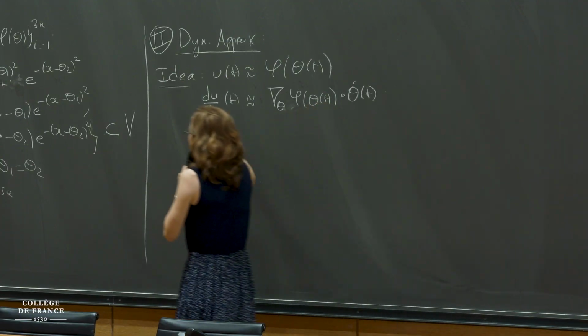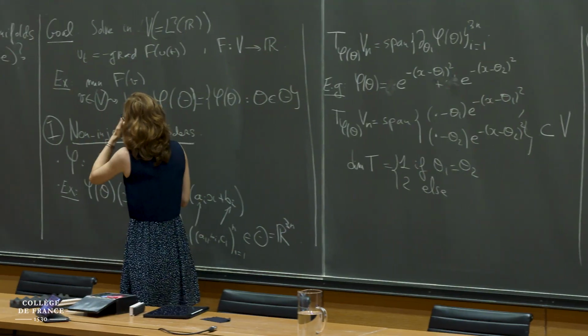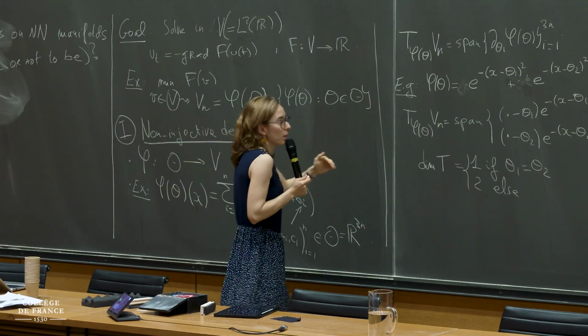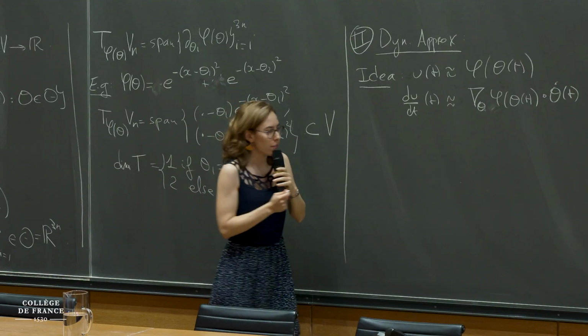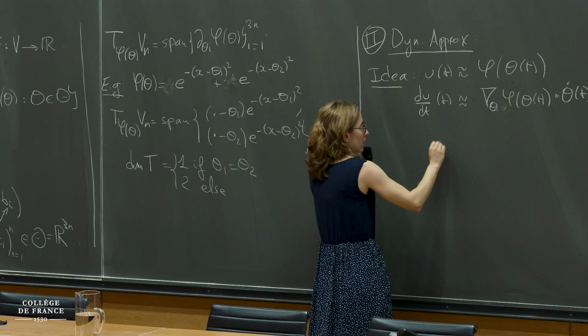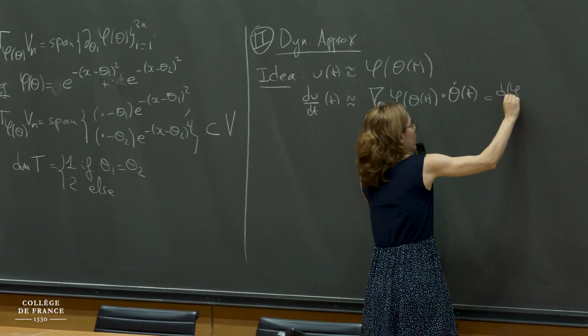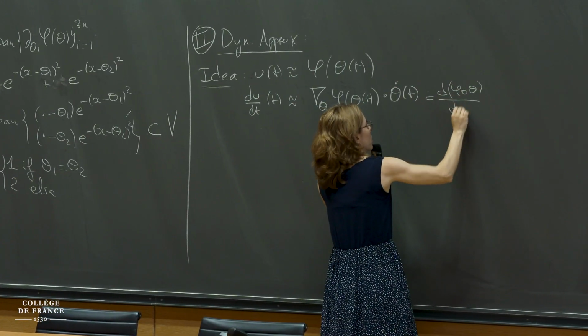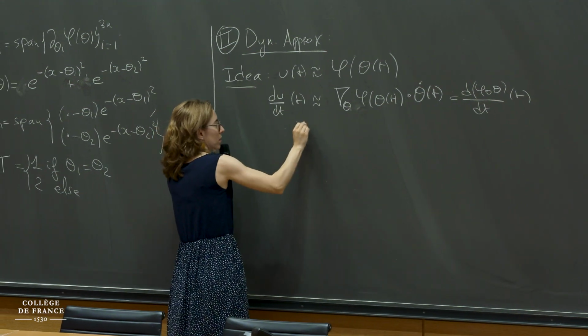And now the kind of very beautiful idea underlying all these schemes is that instead of approximating the state itself, we are approximating the velocities by saying that my ansatz, this is d phi theta dt at time t. So I want that, in fact, this guy,